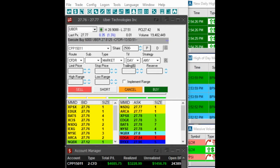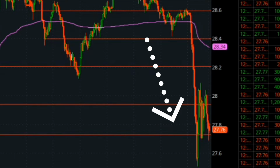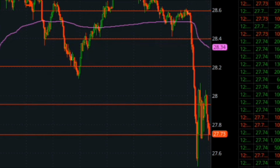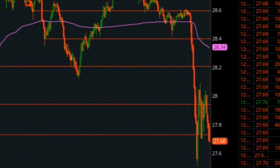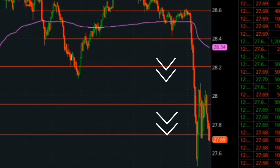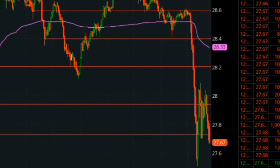But then the catalyst came in from Uber, and this catalyst was actually about California suing Uber for classifying their drivers as independent contractors when they're actually not. And so when that news catalyst came out, it actually made Uber drop a ton while I was in this trade, and I was able to take advantage of it, scalping it a few times, and ultimately getting that $4,000+